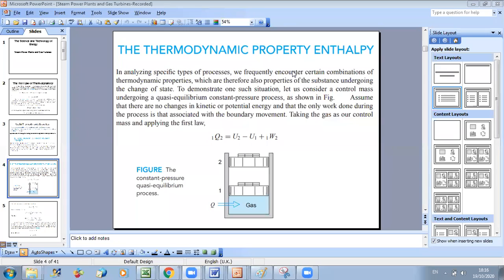This is why we added the tables for U, specific volume, and other properties. Okay, let us see this small example to understand how sometimes when doing analysis we come up with new properties that might be helpful. So if you consider the constant pressure quasi-equilibrium process, if we have here a certain gas,